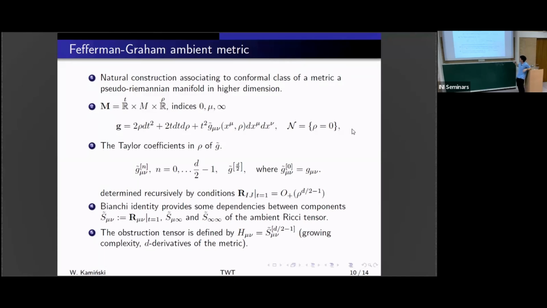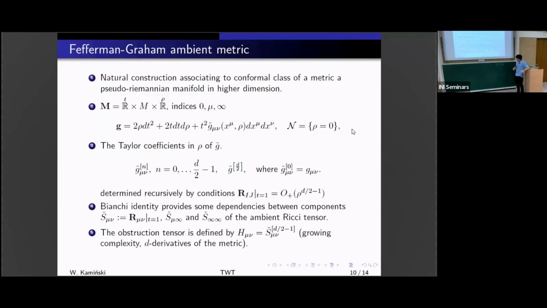And what is also important, if one counts how many identities you have from this vanishing of the Ricci tensor, of course there are too many conditions. However, some of them are automatically satisfied. This one in the direction t. So this direction t I denote by 0. And we are left with 3 parts of this Ricci tensor. And there are between them again some dependencies coming from the Bianchi identity.